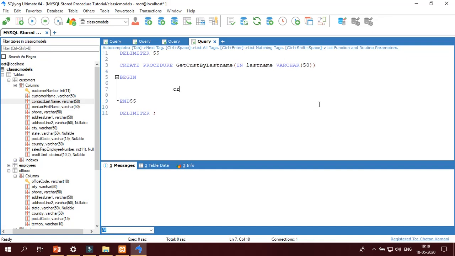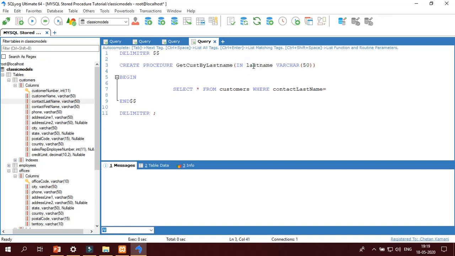I have to specify the query: select star from customers where contact last name equal to what?